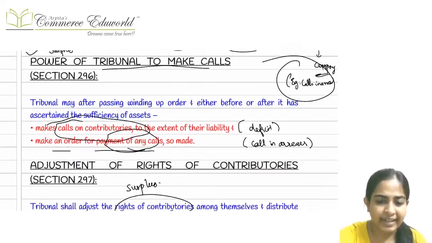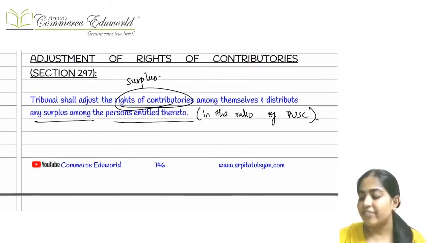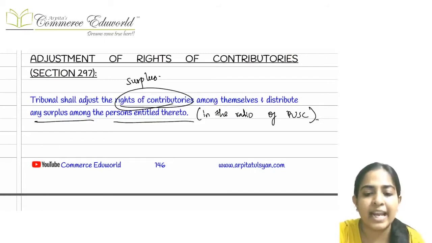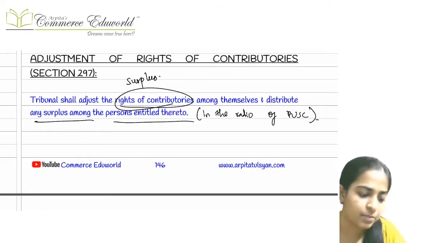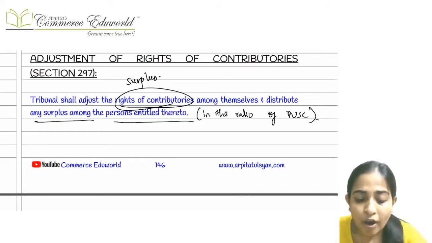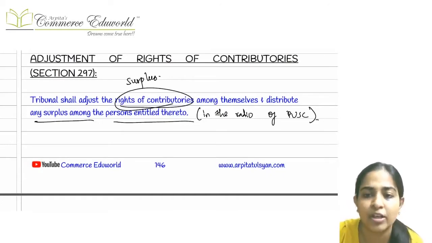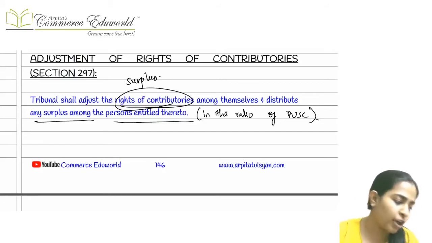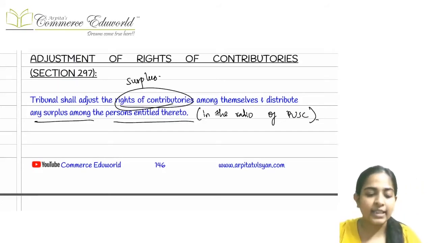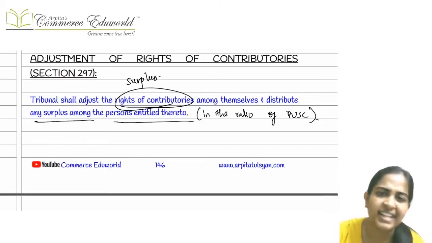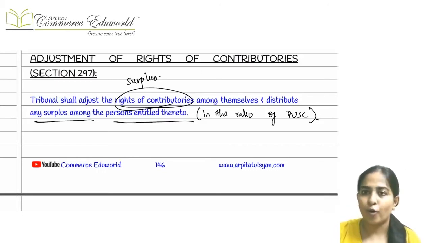And the next one that they are telling us here is, whenever the company faces any deficit at the time of liquidation, maybe because the liability is more, then the company can call for the money. Or whenever there are any calls in arrears, at that time also the company can call the money from the contributory. It has got the rights. The company law says that there is no specific provision required for that, but the company has got the rights that it can call the money from the contributory.